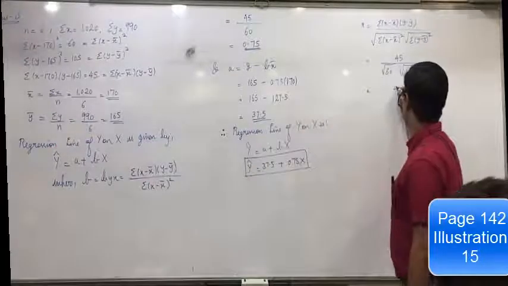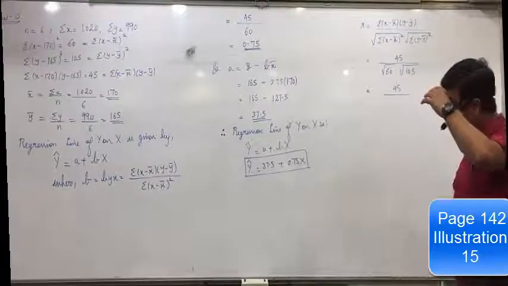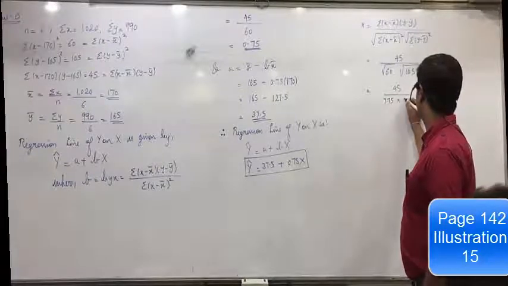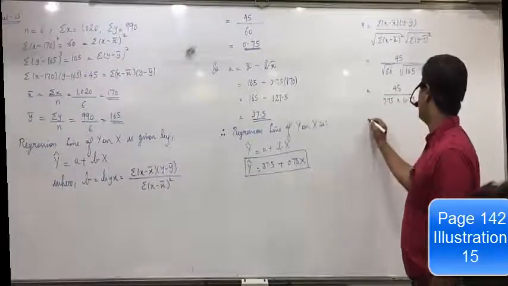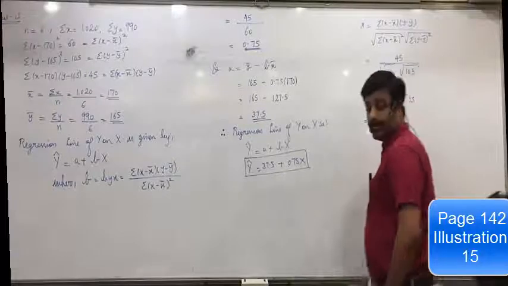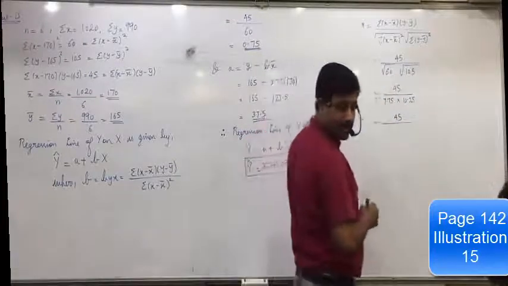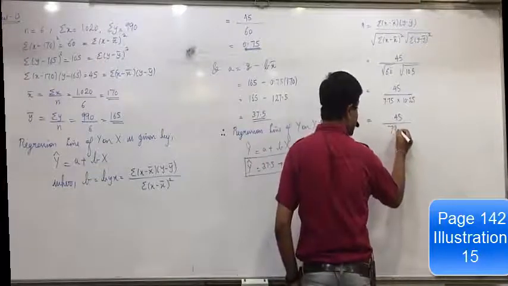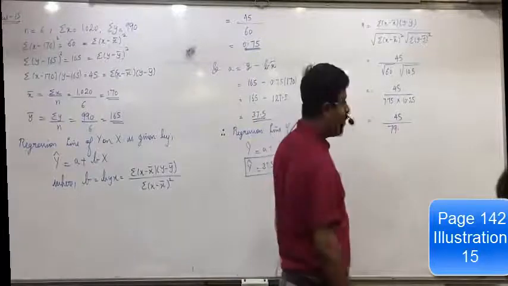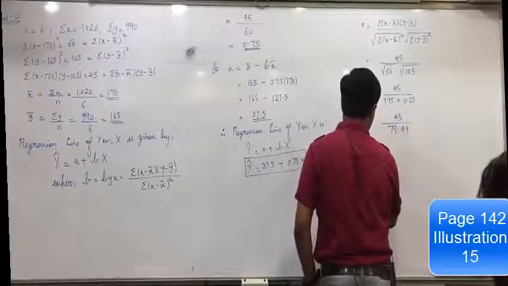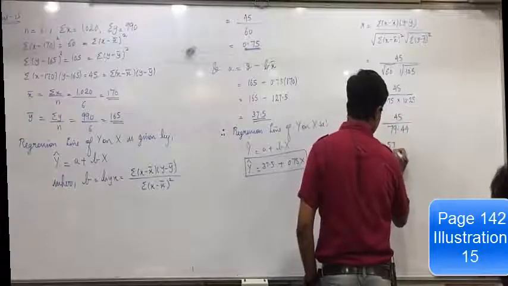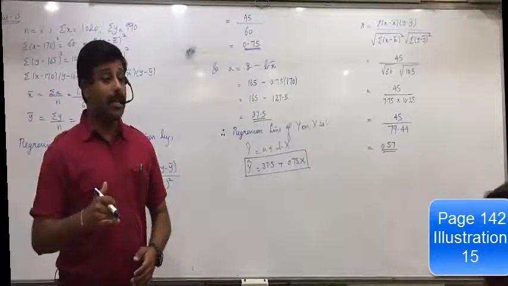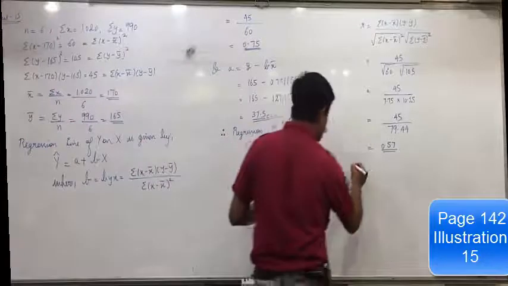So 45 divided by 7.75 into 10.25. 45 upon 79 point 44. What does that come to? 0.57. Are you all clear with this? But what is coefficient of determination? R square. So below that write down, therefore,